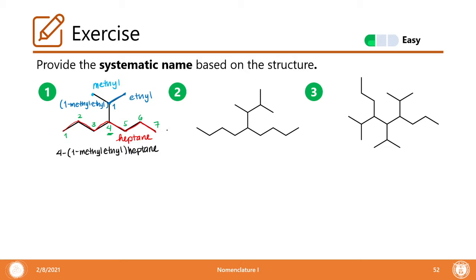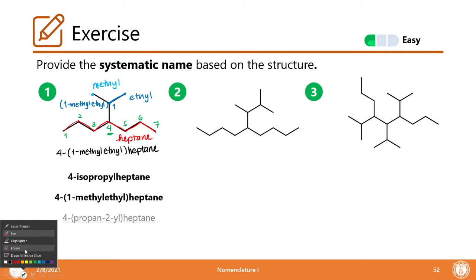Let's confirm. One of our answers is accepted, that's 4-(1-methyl ethyl)heptane. Or you could have written it in the shortcut accepted by IUPAC for isopropyl. So this is 4-isopropyl heptane. That's also valid. This grayed out one, you don't need to mind it, but it's actually the 2013